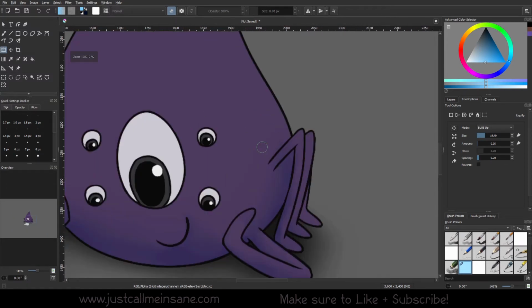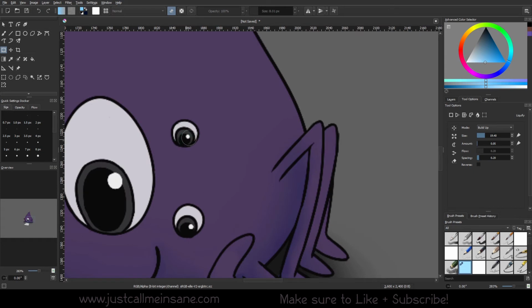This is a good thing because if I need to only adjust this area, let's say maybe the eye wasn't round enough to me or it was too small, I don't really need a brush that's this big to do that. I would like to be able to do some minor changes, right? Now the amount,